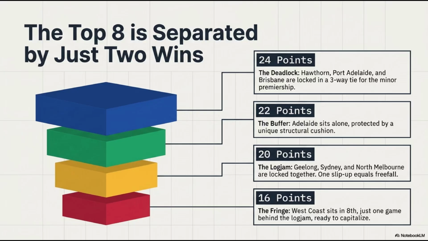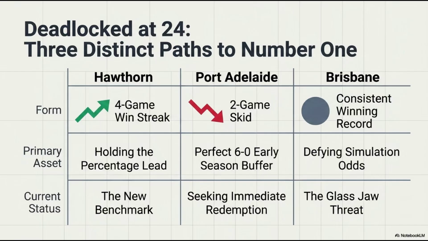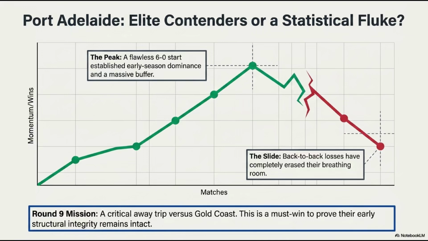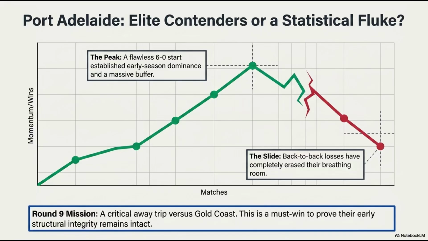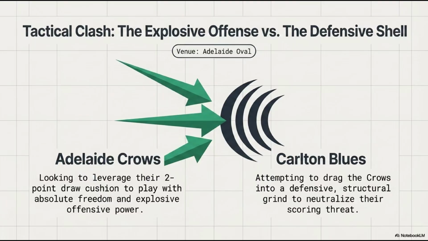Oh, I see. If they lose 3 in a row after winning 6, the data heavily implies the 6-0 run was the anomaly. Contrast that with Hawthorn, who weathered the early season variance, took a couple of early losses, and are now stacking wins organically. Right, so Hawthorn's momentum feels earned by a solid tactical profile rather than just being gifted by the dice. Exactly. So we have Hawthorn surfing the math and Port Adelaide potentially drowning in it.